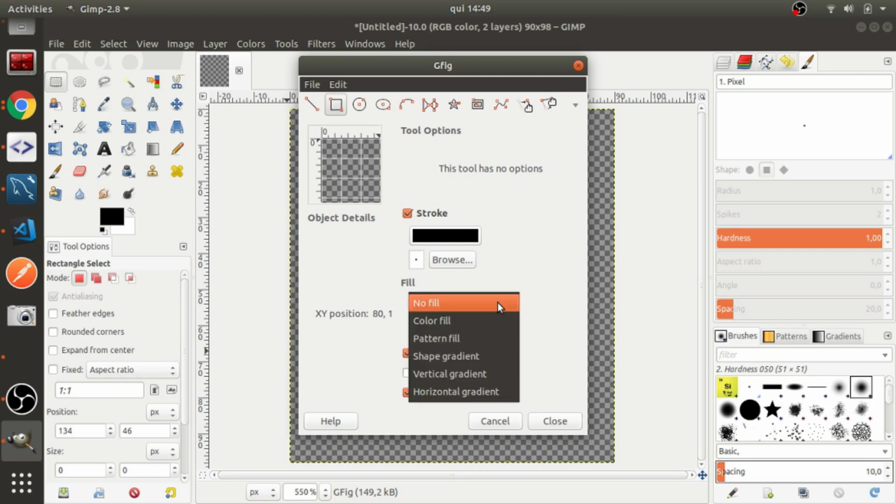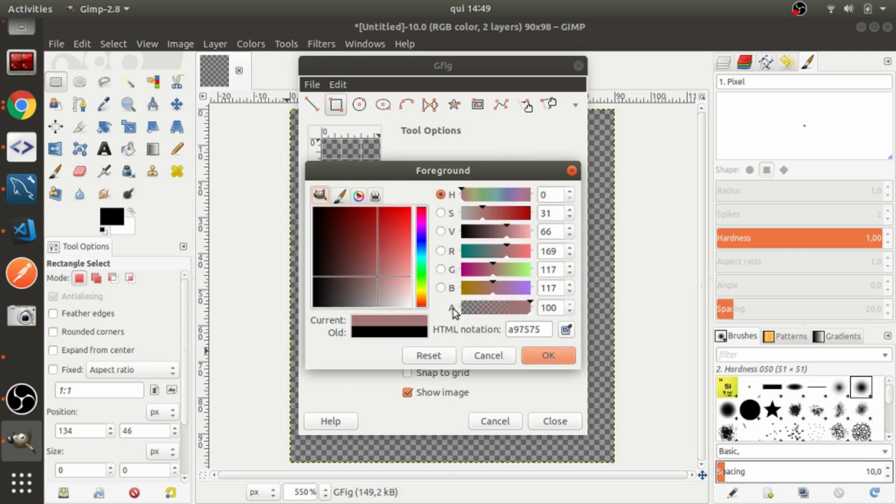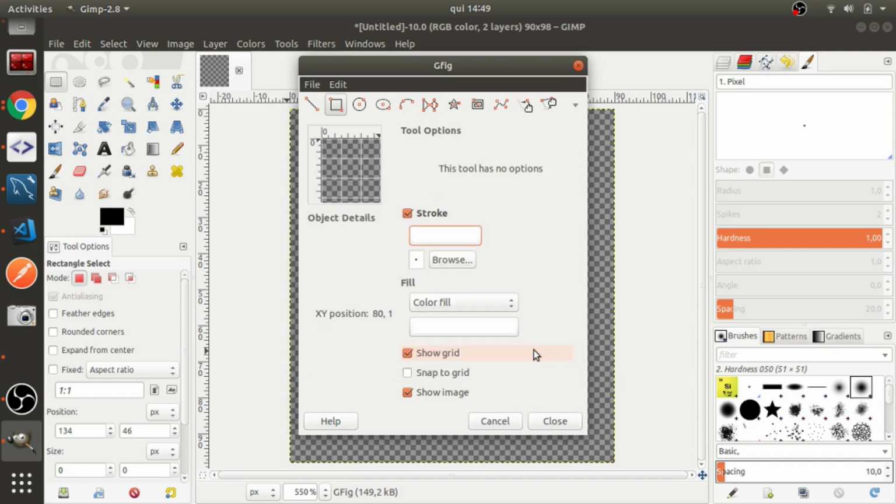Yeah, I'm going with white, so I will just color fill, because I want my rectangles filled with color. And the stroke, I will also add white. I don't want borders on this, so I will just draw a vertical rectangle